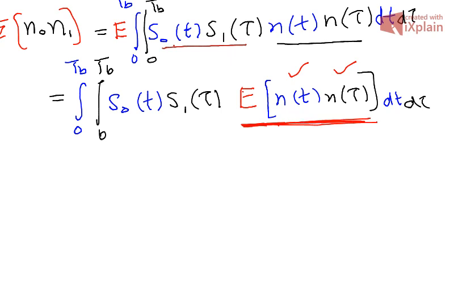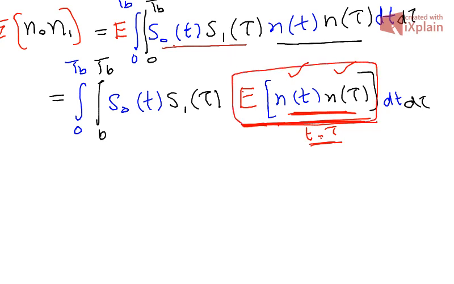Because the noise samples are always independent unless you discuss it for t equal to tau. When t equals tau, this is the square of the noise term, n squared of t, or n squared of tau. So the expected value of the square of the random process would give you the noise variance, or the noise power, as I said. So the noise power, this term here,